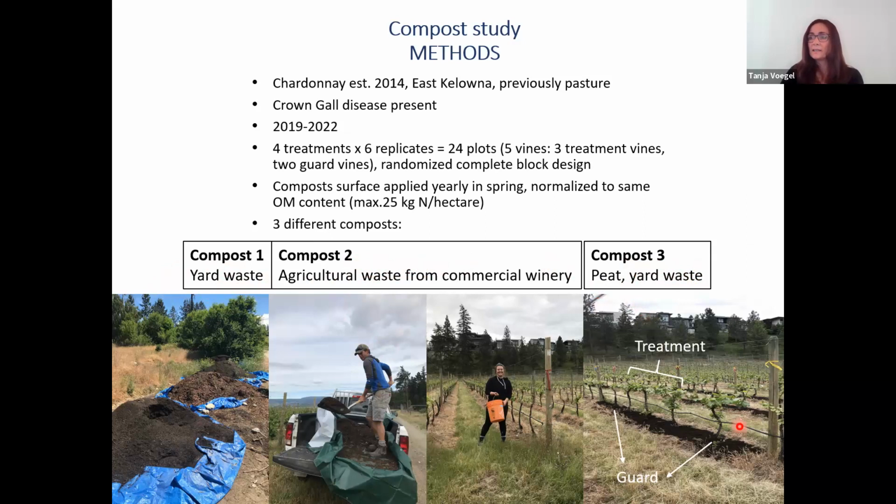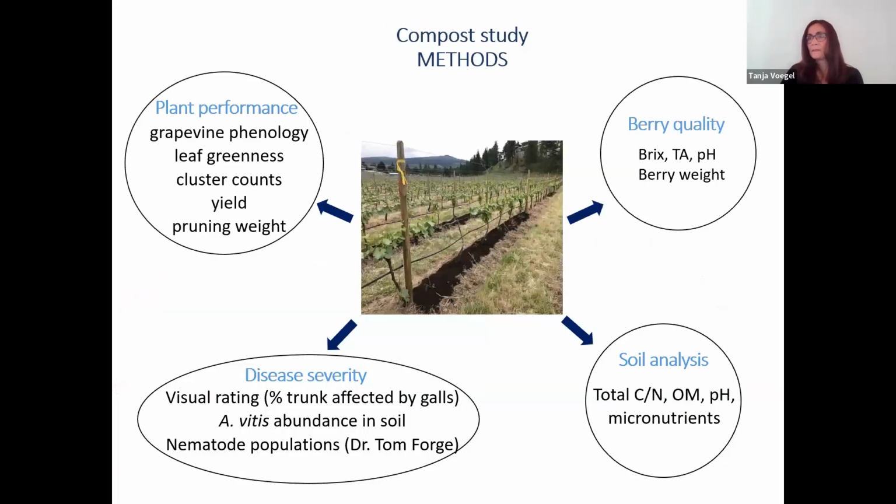So this is how we laid out the plots. One plot consisted of 5 vines, and the outer 2 vines were guard vines, and the inner 3 were treatment vines. So we've only taken our samples from the inner 3 vines. And the compost was applied every year in spring on the surface, and we normalized that to organic matter content. And we've looked at a lot of different